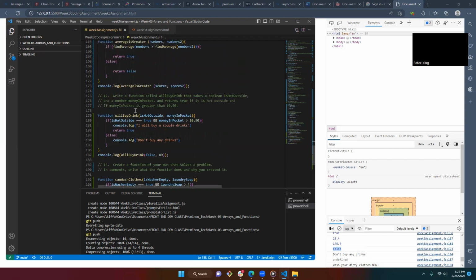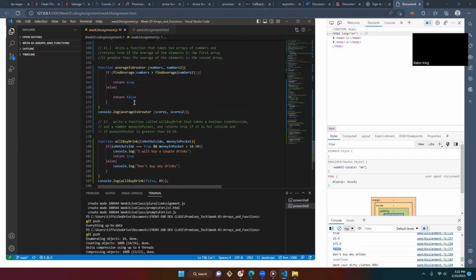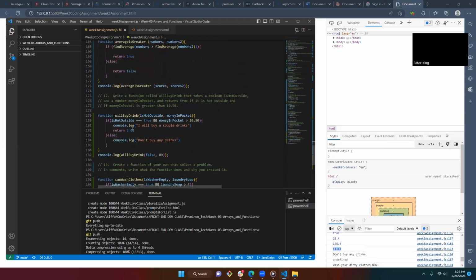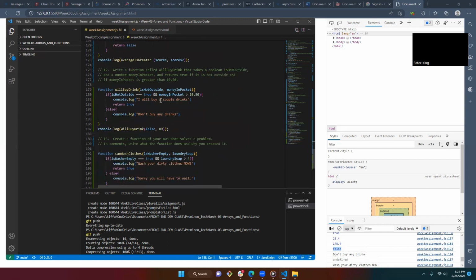So here I created a function called willBuyDrink. It passes in these two parameters. It takes a Boolean isHotOutside and takes a number moneyInPocket